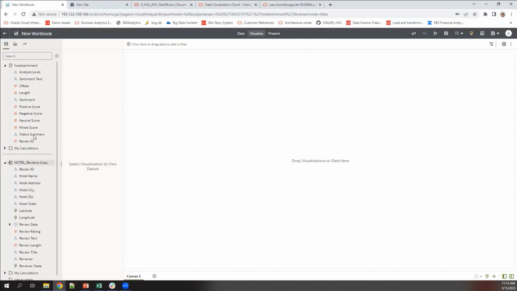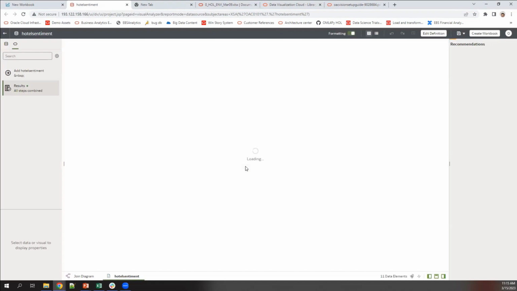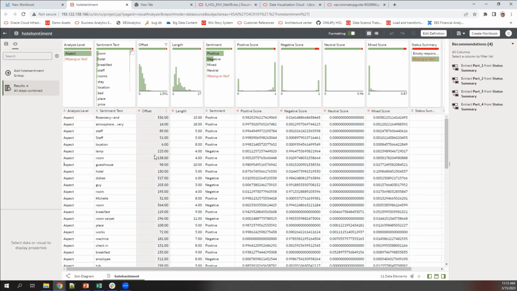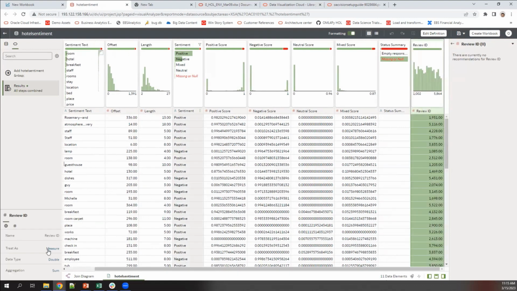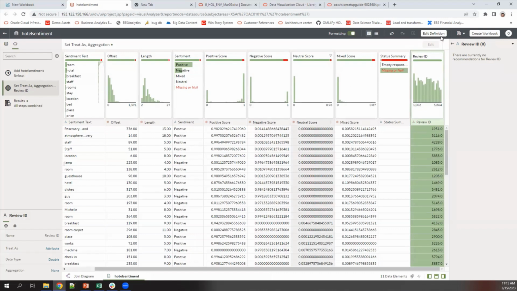Now, if by default it is not getting joined, what I can do is come here. I can go to the data tab, to the hotel sentiments here. I'll just make one small change. The data opens up. So in the last column, the review ID, which is numeric, I will make it an attribute so that I'm able to join, right? And once I do that, I save this